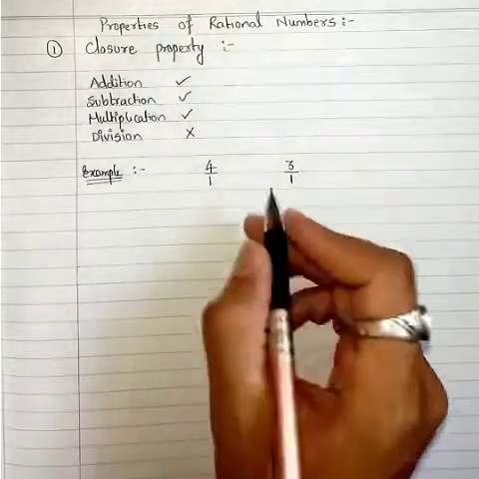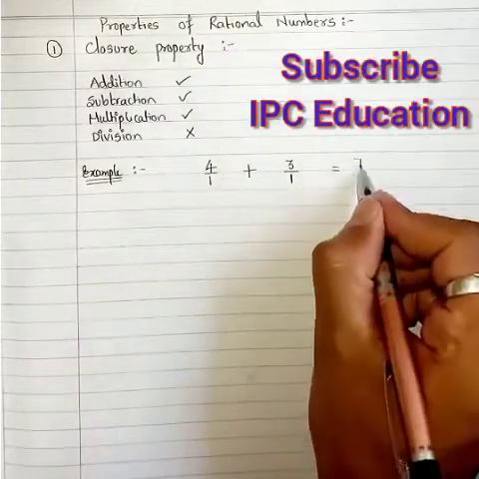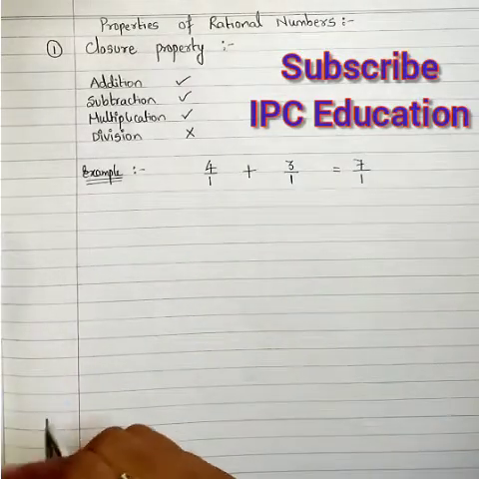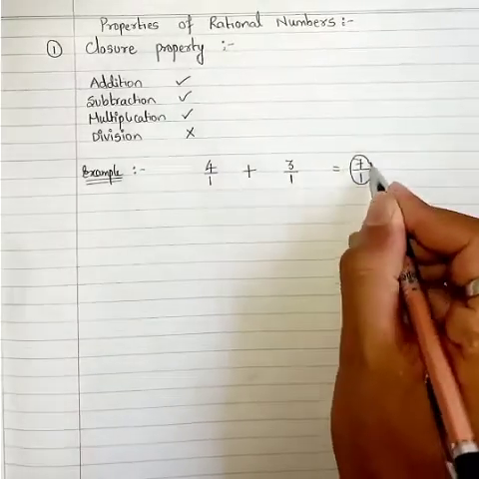So for addition, the answer is 4 plus 3, that is 7, and the denominator is 1 only. Taking LCM we will get 1 only. That is why I have taken an easy example, right? So this is also a rational number,